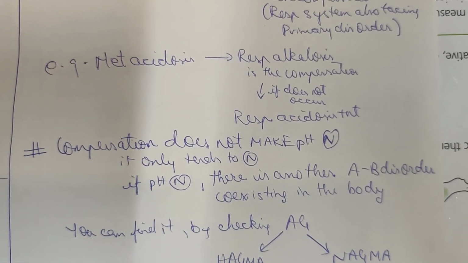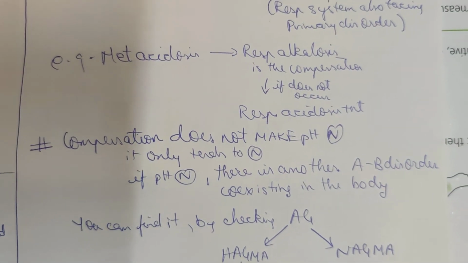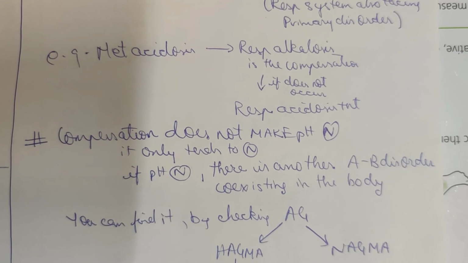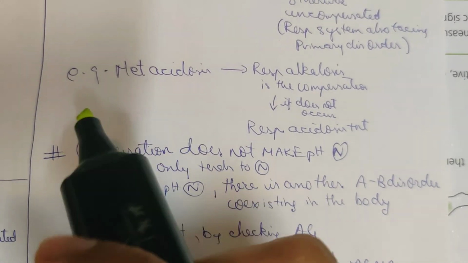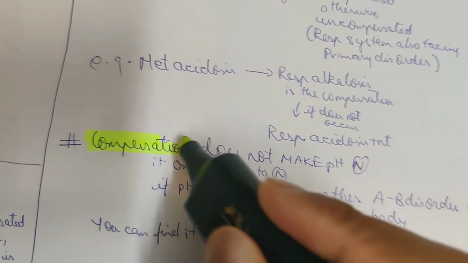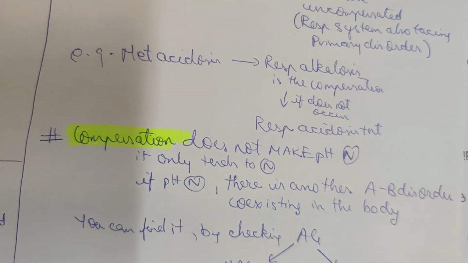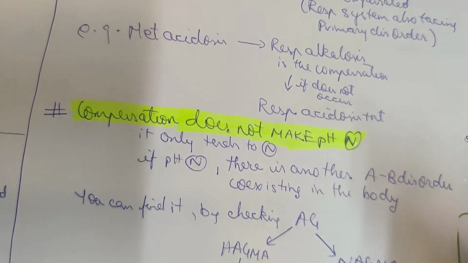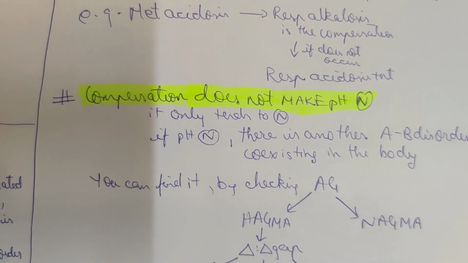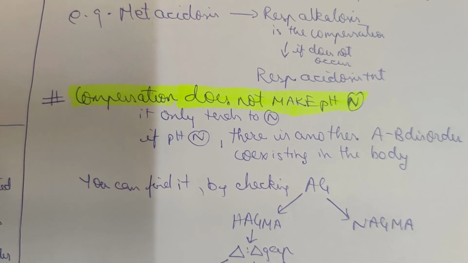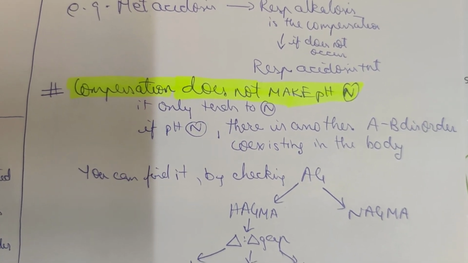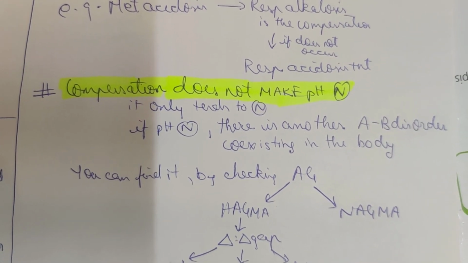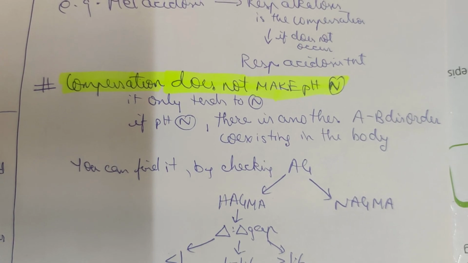One very important point which a lot of people get wrong is that compensation does not make the pH normal. Compensation will only make the pH tend to normal. If the pH is normal, then there has to be another acid-base disorder in the body. Alright, so